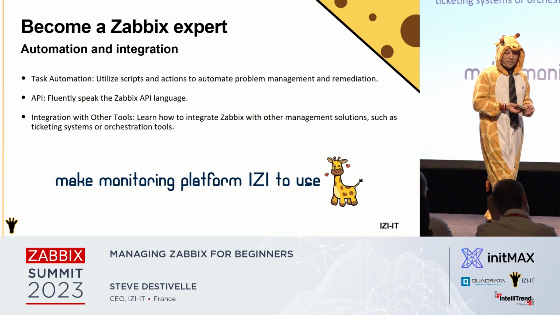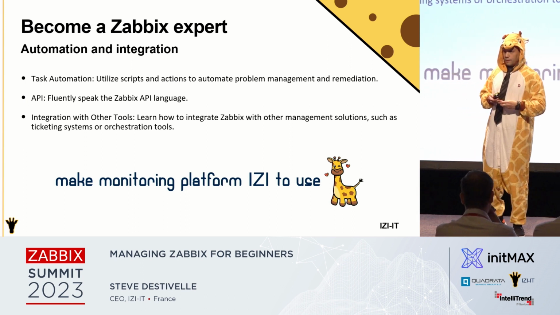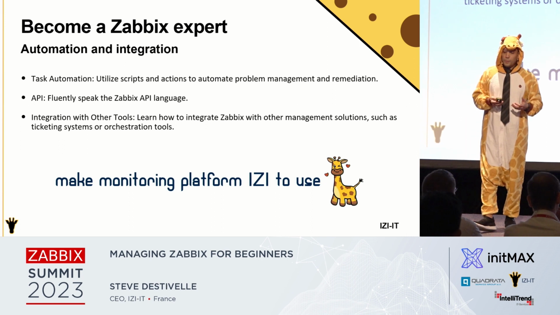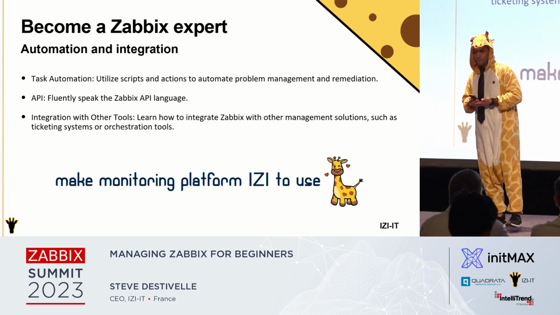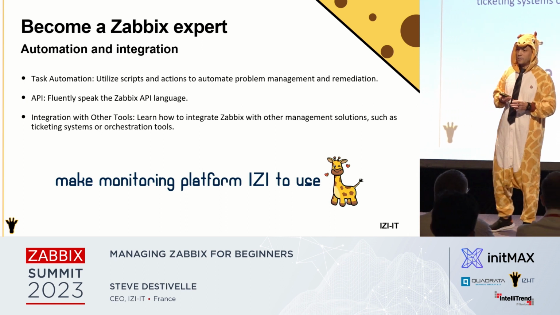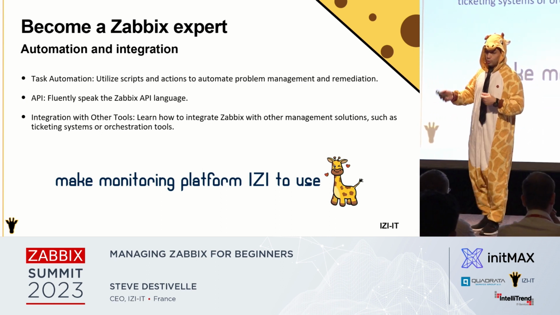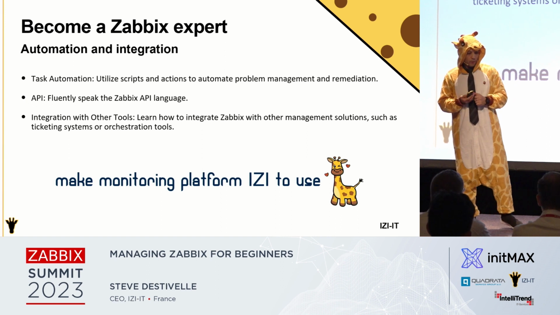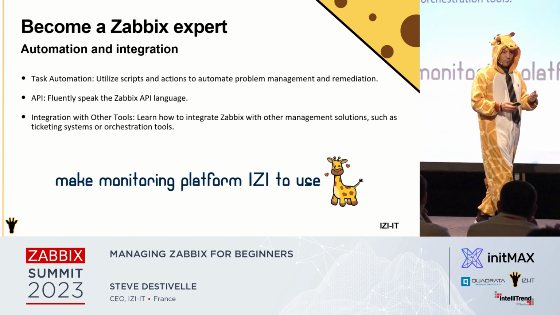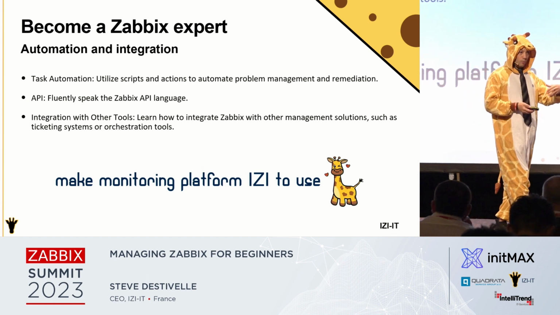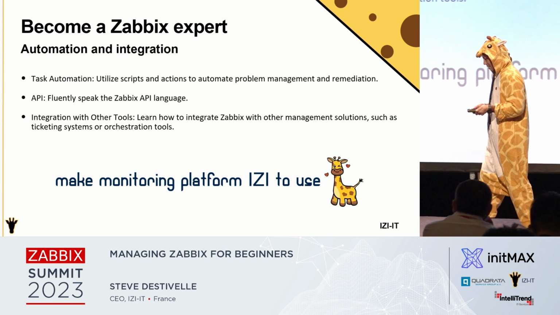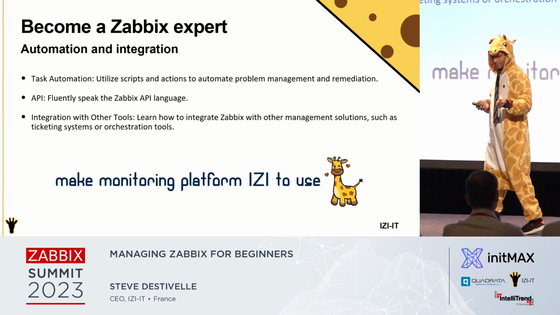Regarding automation and integration, Zabbix is capable to do some automation and integration. Automation, because what you have to use, for example, Zabbix script and Zabbix action to automate some things. For example, if you want to do automatic remediation with Zabbix agent or with something else, for example, Dimitri, if I say Rundeck, will be very happy with that.